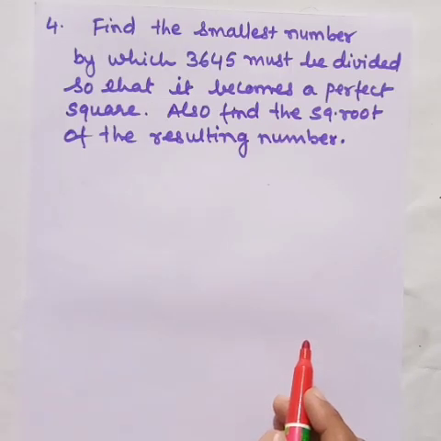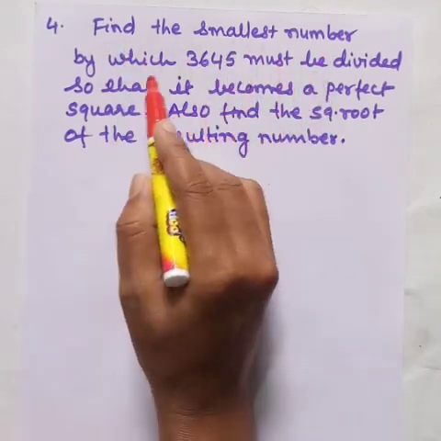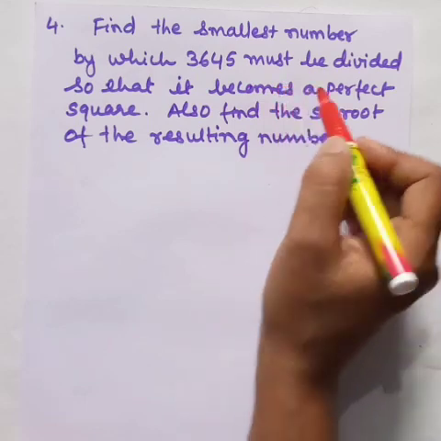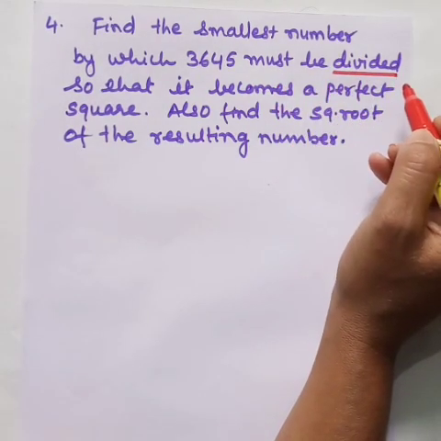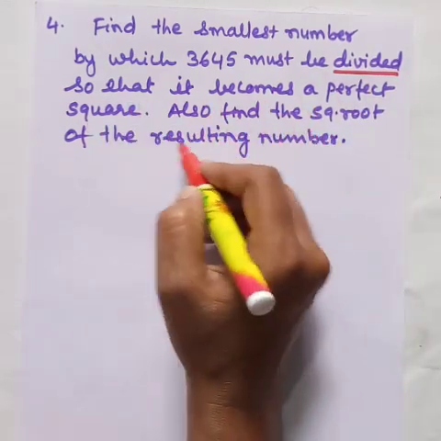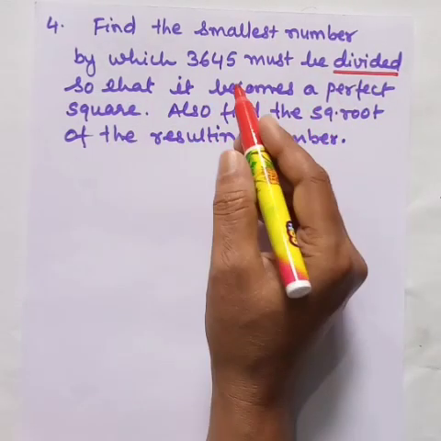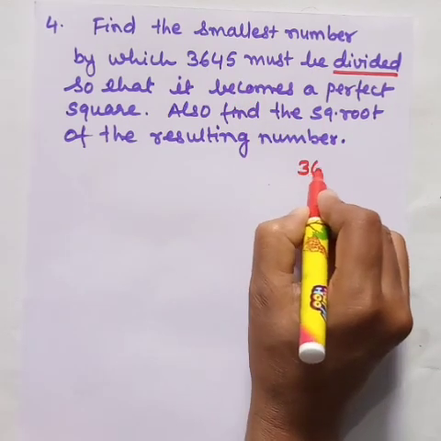Yes, come on children. Let us see what this question says. Find the smallest number by which 3645 must be divided. See, a little different from what we have solved just now. So that it becomes a perfect square. Also find the square root of the resulting number. Here also we have to follow the same system. First, prime factorize